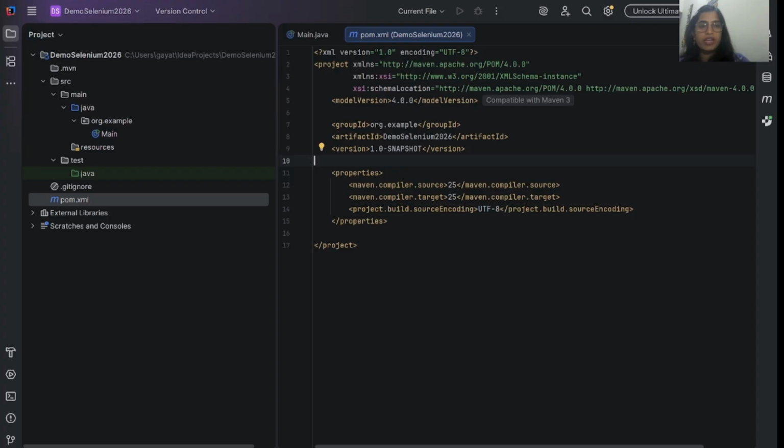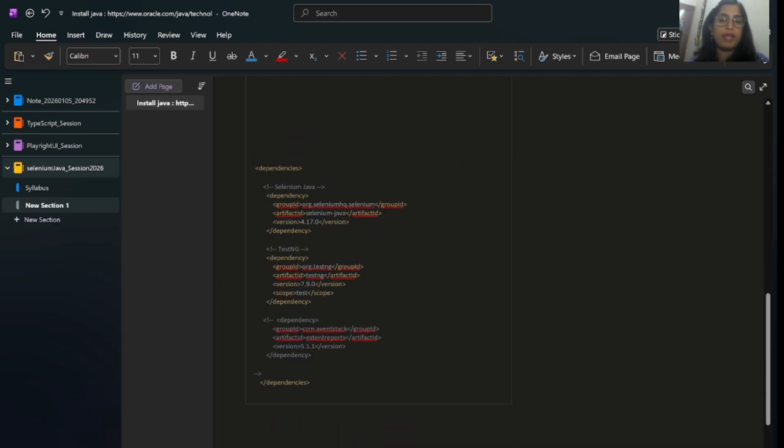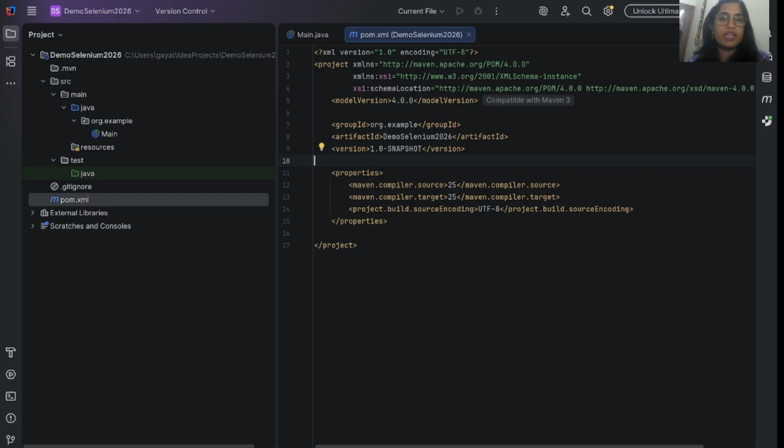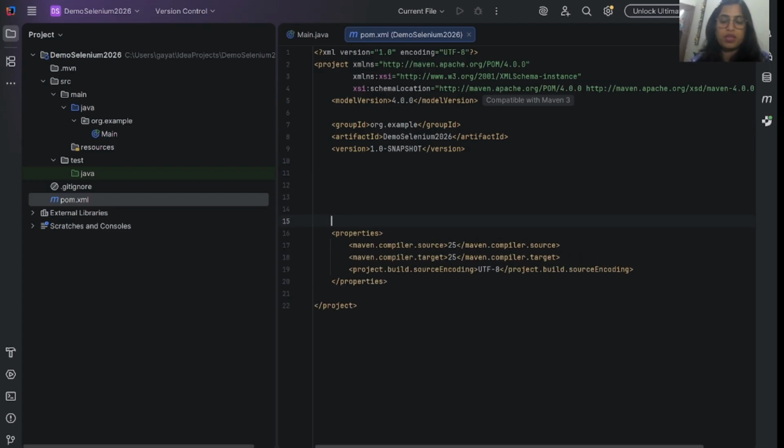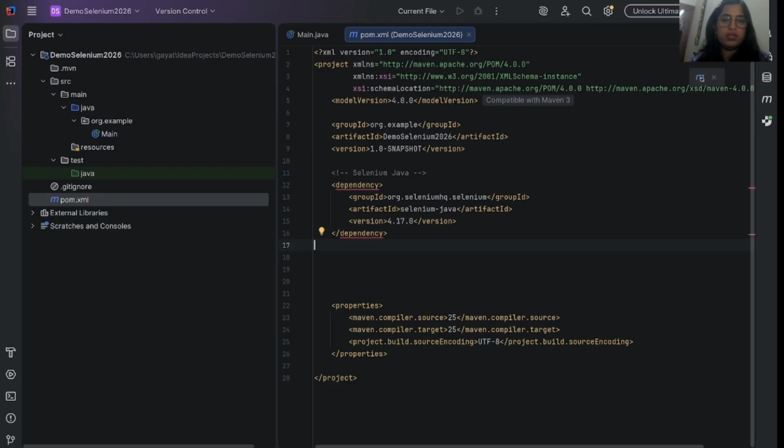So first, to write your first code in Selenium, you need certain dependencies. So what are those dependencies? First is Selenium. You have to use the Selenium dependency. Let me use this.